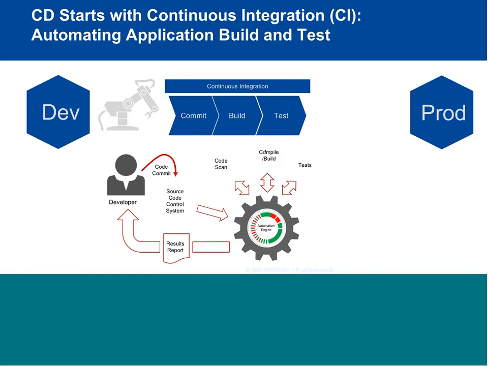Now, CD starts with continuous integration, which is the process of automating your application build and test. It sounds like nearly half of the audience here is familiar with CI, and they have implemented it. Hopefully they implemented it robustly so that it's not only a process of building and validating that your build works, but you're also doing validation, you're doing test, and hopefully even embarking on incremental performance tests, as Tom mentioned, and reporting those results back to the stakeholder.